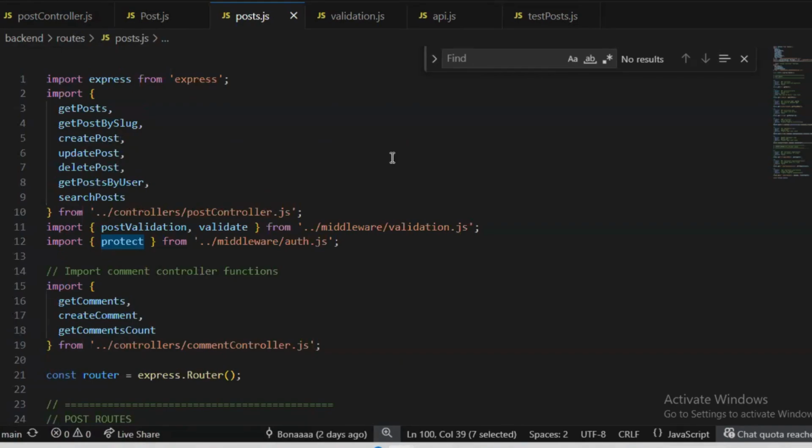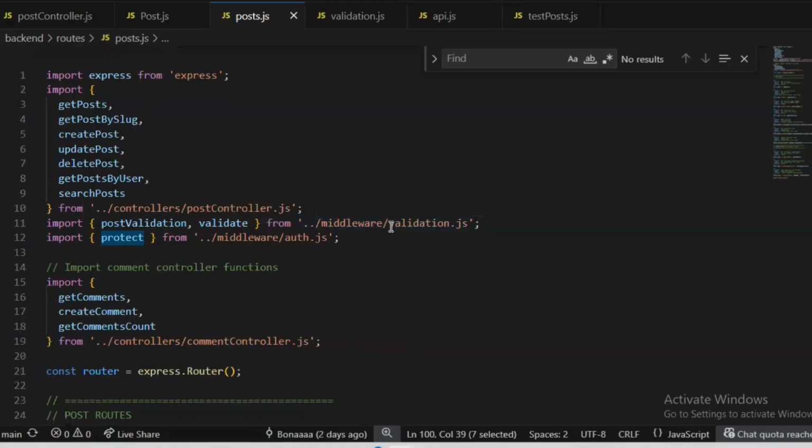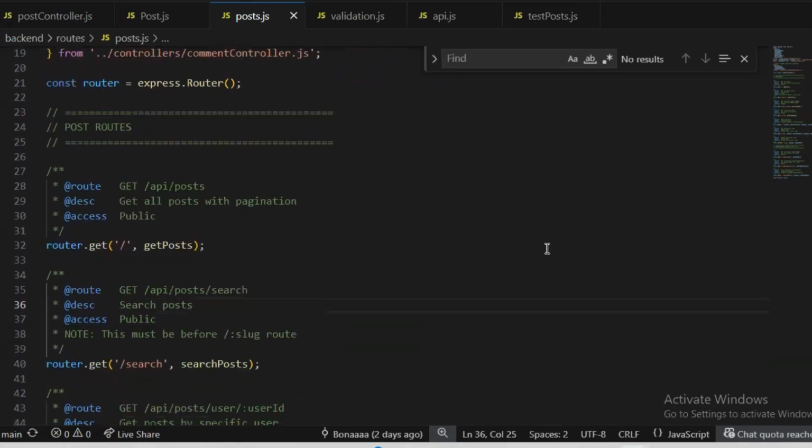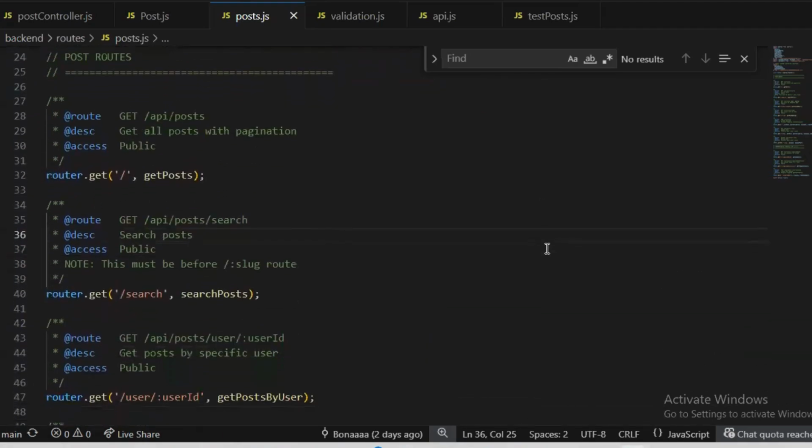And for post routing, the route organization will follow a RESTful principle. What do I mean by the route organization following RESTful principle is, as you can see, there is an order to write the routes.